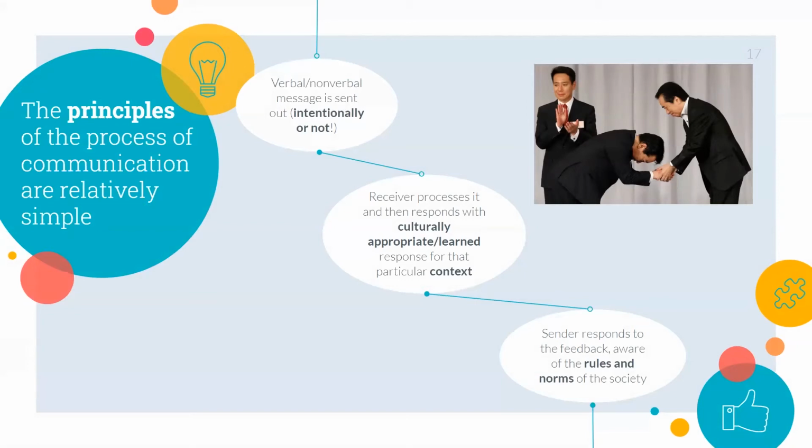So they say, like, if you're on a date and your feet are pointed toward the person, you're leaned in, you're interested in them. But if your purse is on your lap, your feet are towards the door, you are not interested in them. That might be nonverbal messages that are not intentionally sent out, but that people still pick up on. And then the receiver processes it and then responds with a culturally appropriate or learned response for